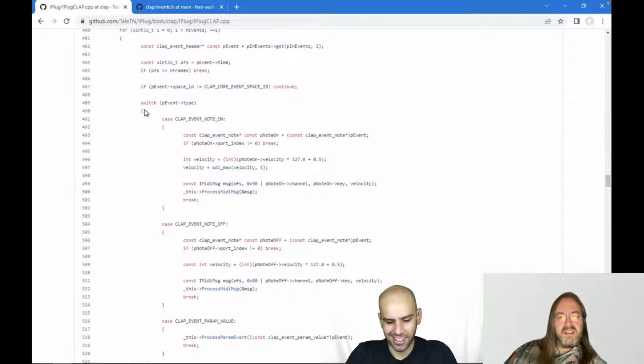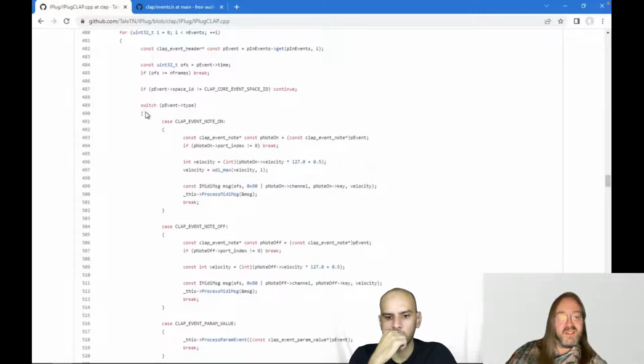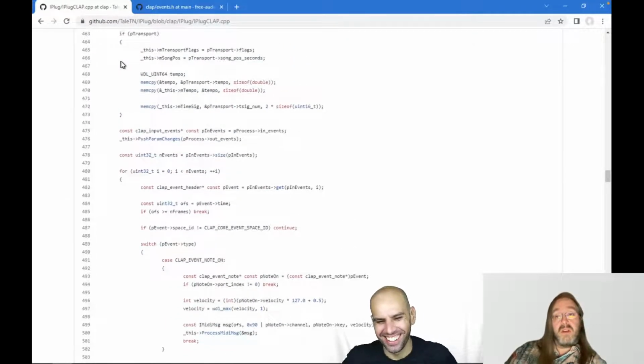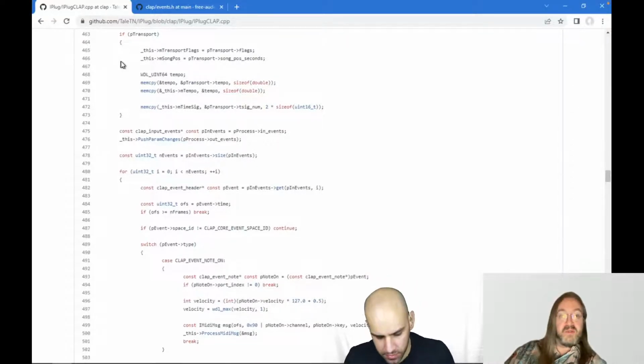I'm guessing that with VST2 that also happens, because it's basically the same system. The only thing is these things happen in the host, because in VST2 this is not defined in the plugin. The host does all this, but I'm guessing that the host does the same as what I'm doing here. It's interesting because CLAP is giving you all this flexibility and you're like, no, but I'm used to the old way. Yeah, well, for now I am, because I think it's important to first have plugins that work and then worry about doing it better.